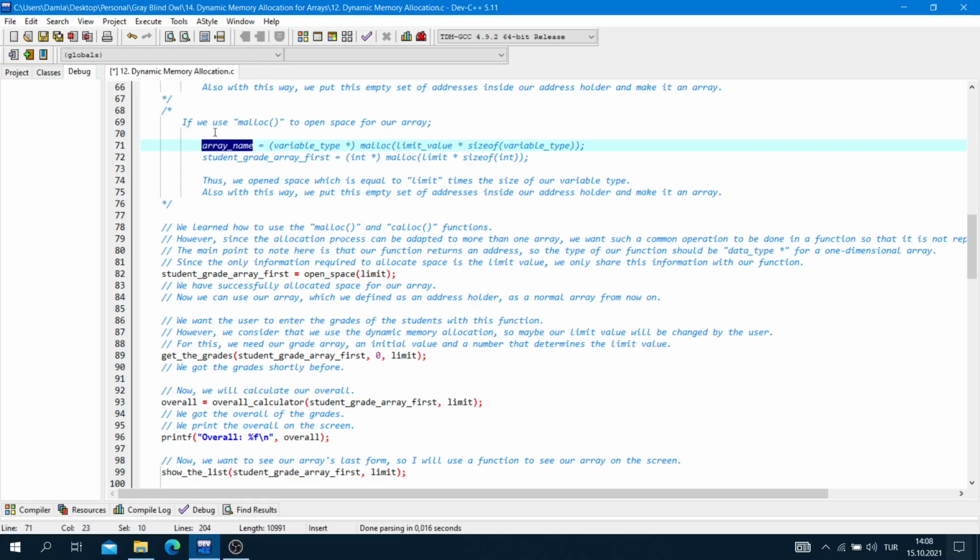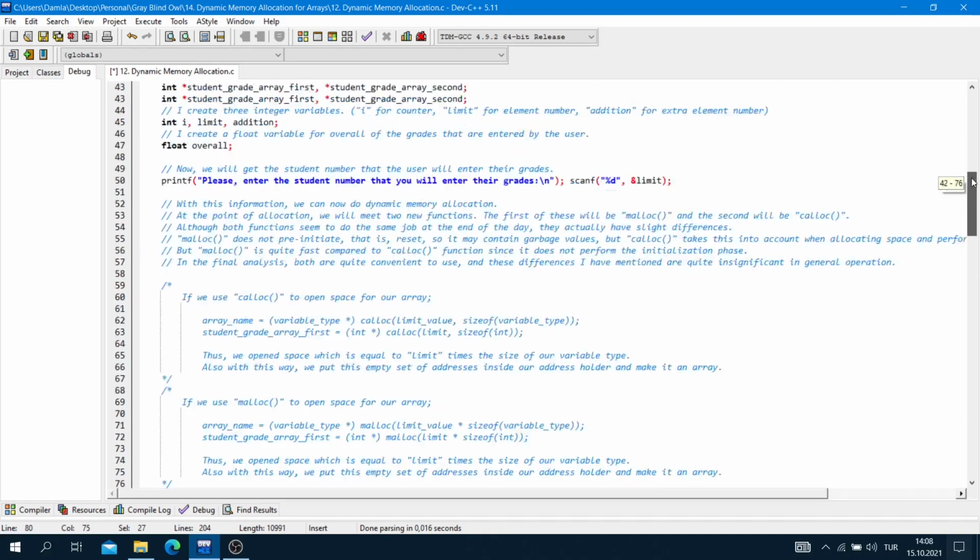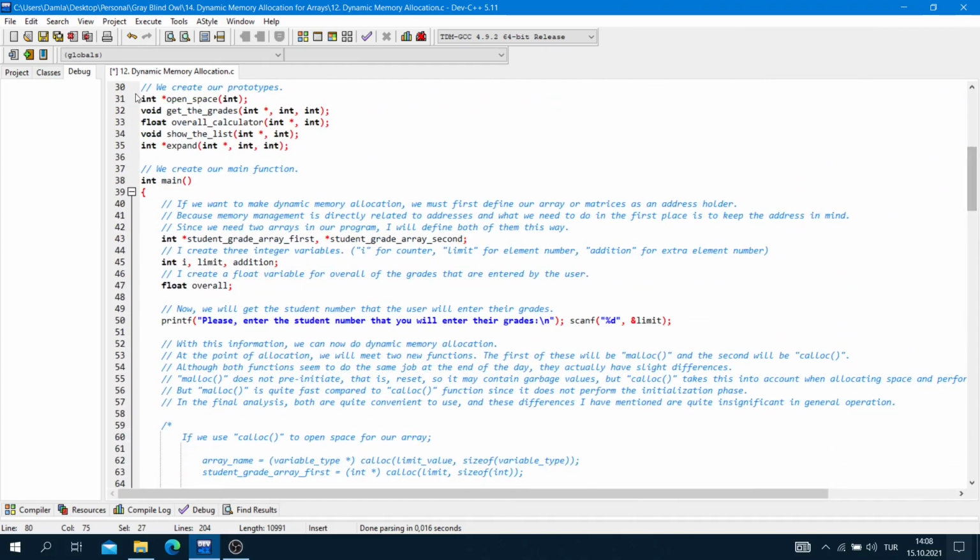This is our array, this is our address holder, and we put this set of addresses into this address holder, and our function returns an address. We use integer pointer type for our function. This is why we use variable type and reference.